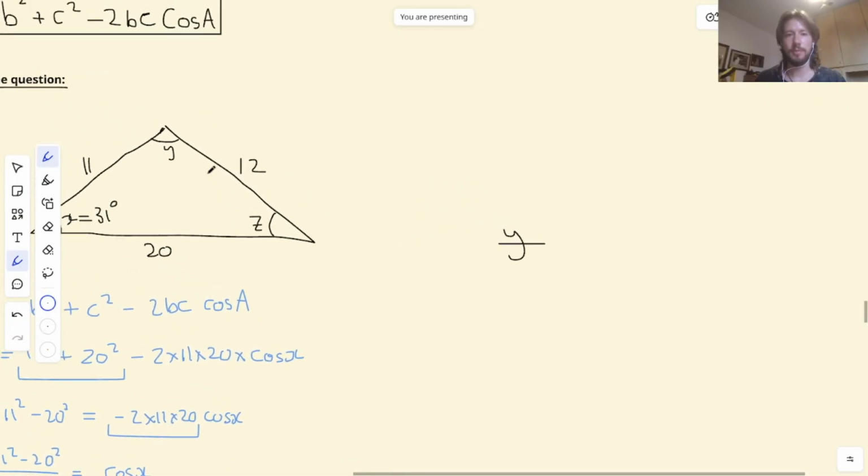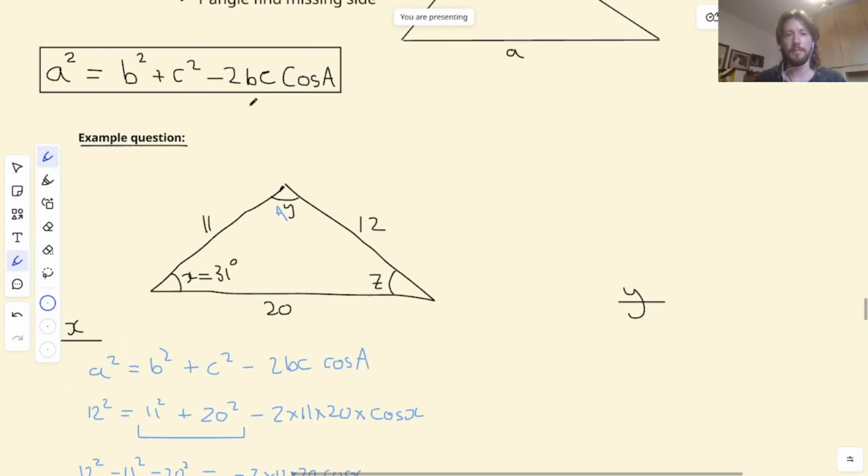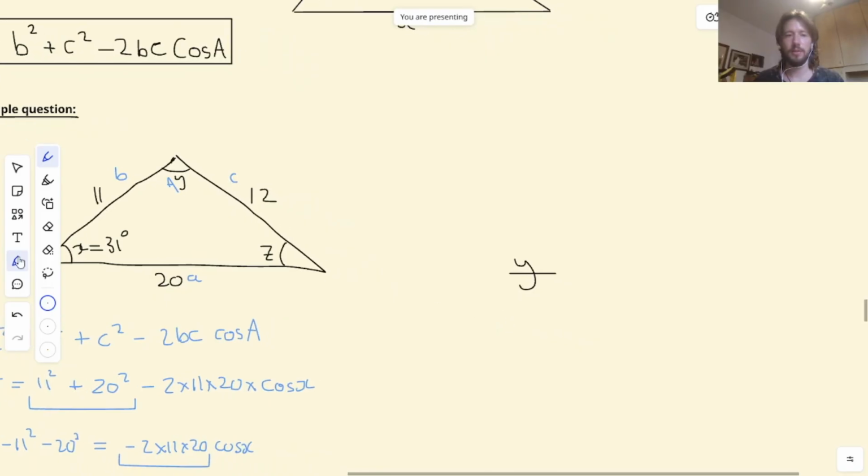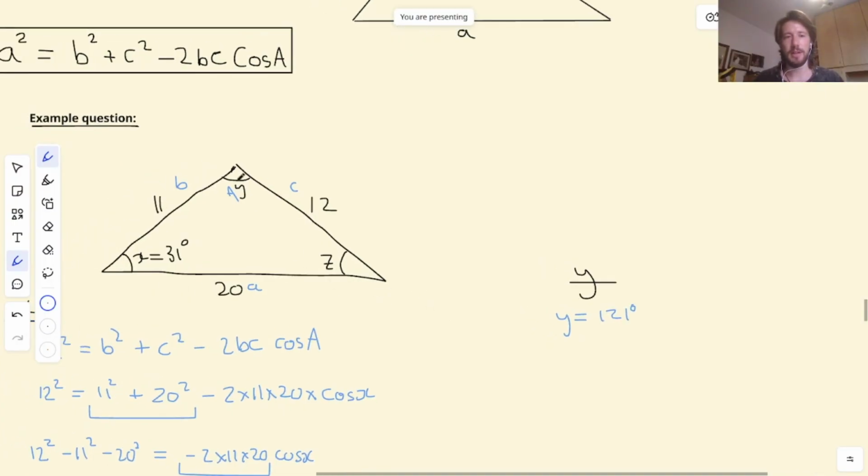So from y's perspective, y is now A in our formula, and these 11 and 12 are now b and c, and this will be lowercase a side. And you can repeat all the working, and you will get that y is equal to 121 degrees,